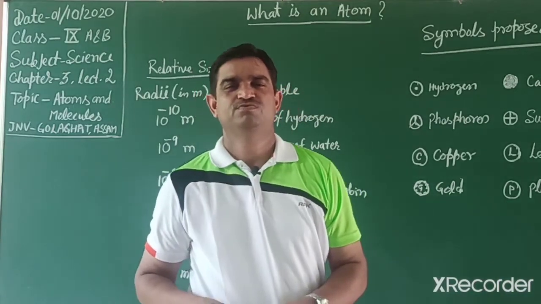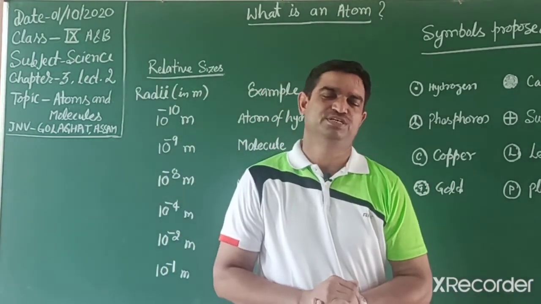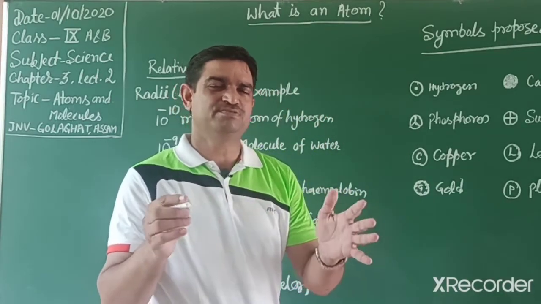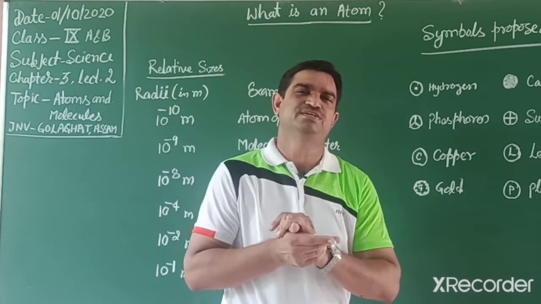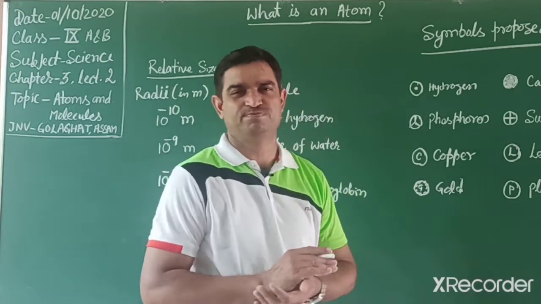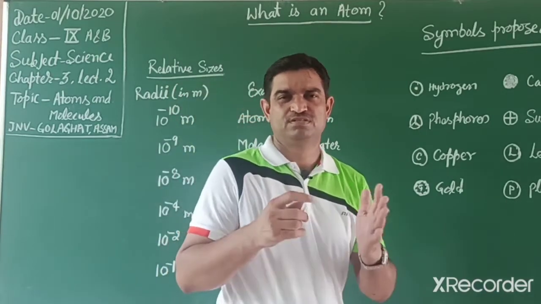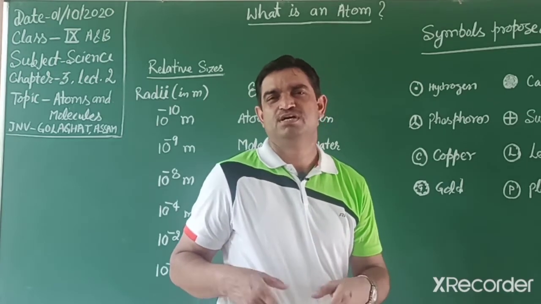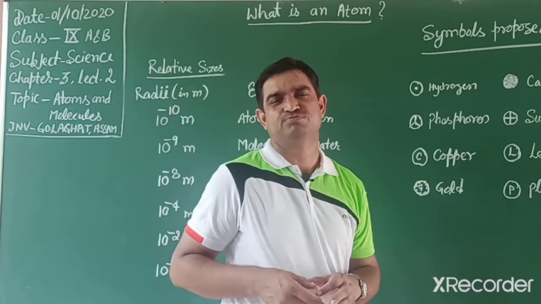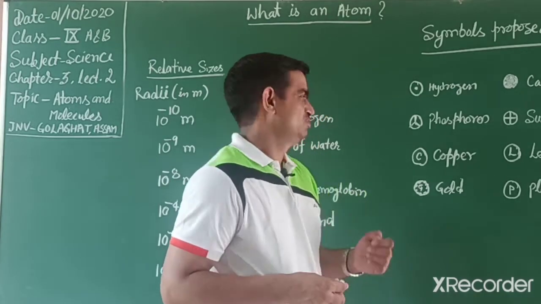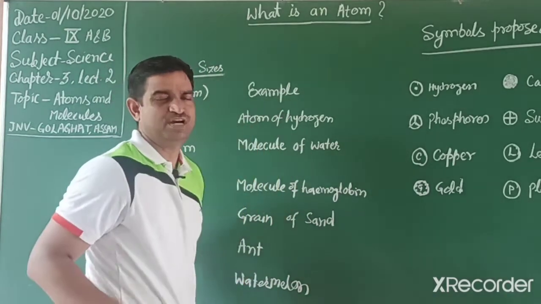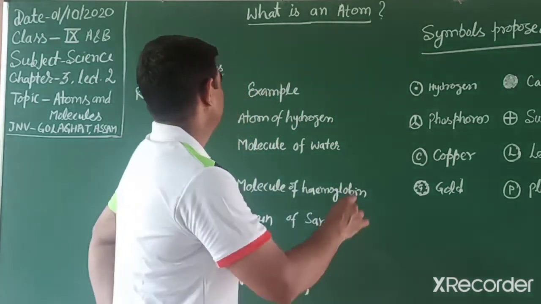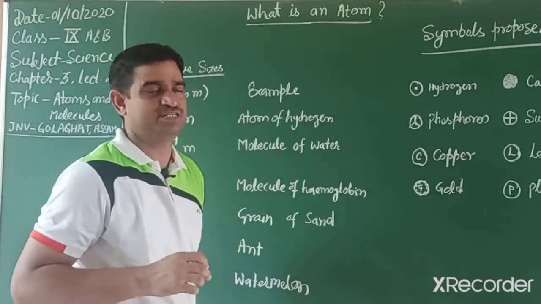Now we will discuss the relative size of the atom. Students, you know that when we divide matter, the ultimate particle that we can't divide further into sub-particles is known as the atom, the indivisible particle. But nowadays the atom is also divided into sub-particles like the electron, proton, neutron, and other further particles like the positron. But at the time of Dalton, they couldn't divide the atom. So what is the size? We imagine the relative size of an atom.